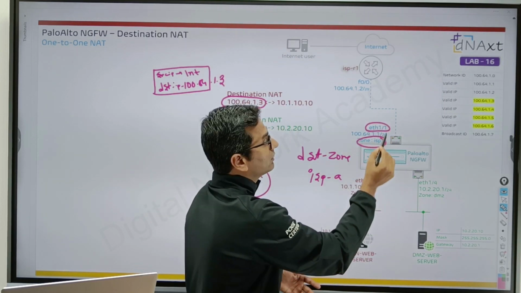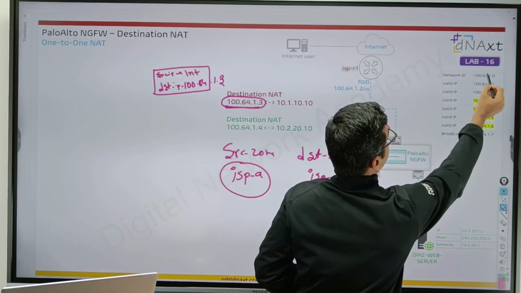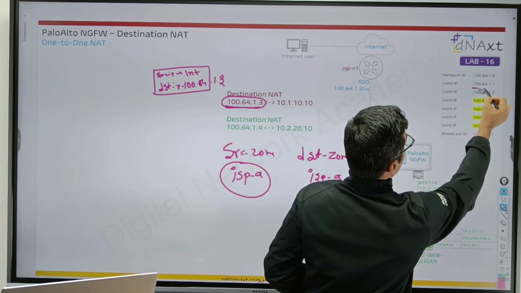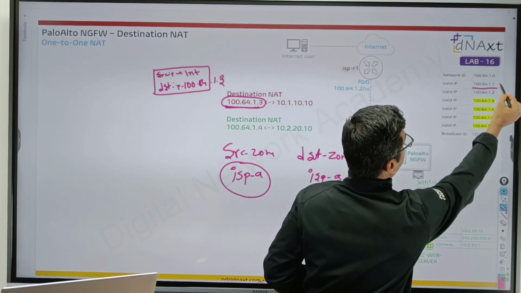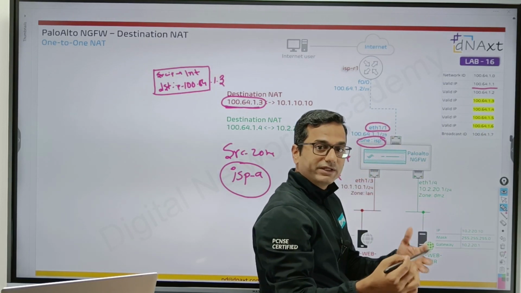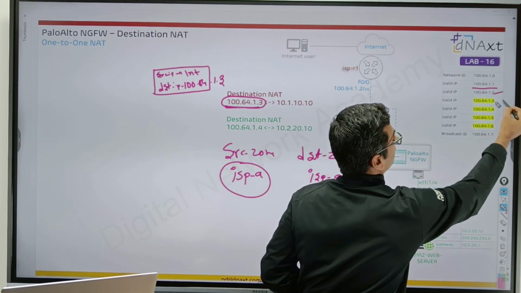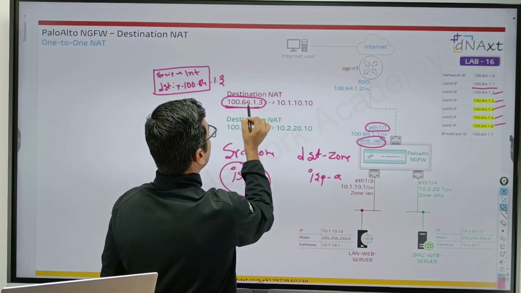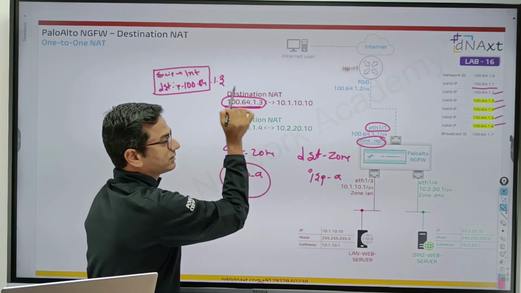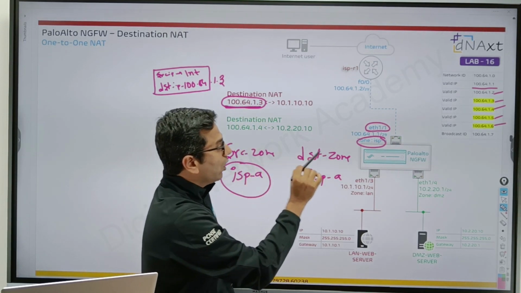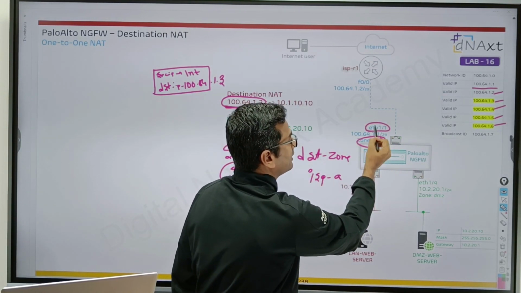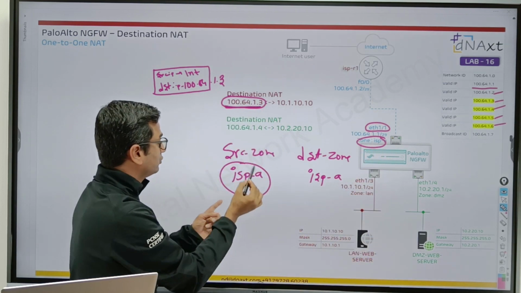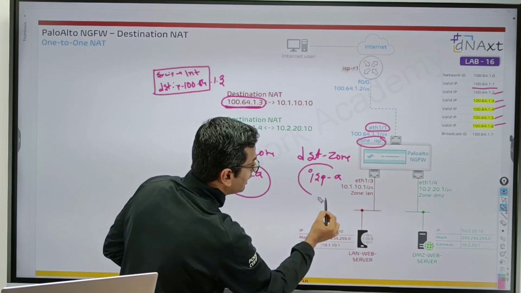Why? Because Ethernet 1/1 has IP address 100.64.1.1/29, and that subnet includes 1.2, 1.3, 1.4, 1.5, 1.6. Now the destination IP address 100.64.1.3 is also reachable via Ethernet 1/1. That is the reason the destination zone is also ISP-A.